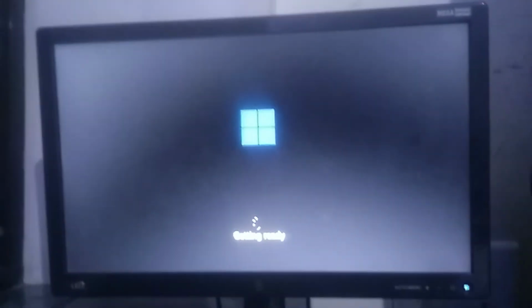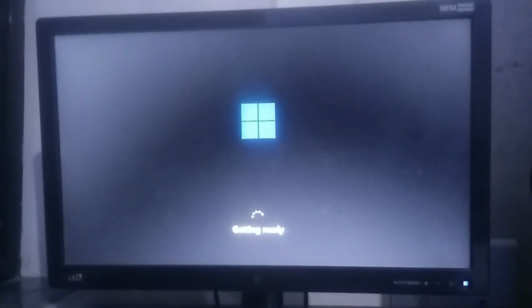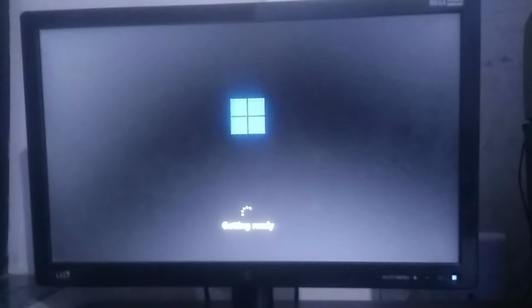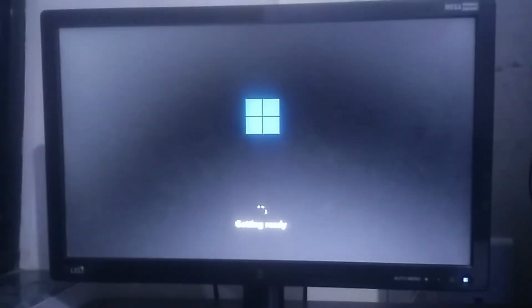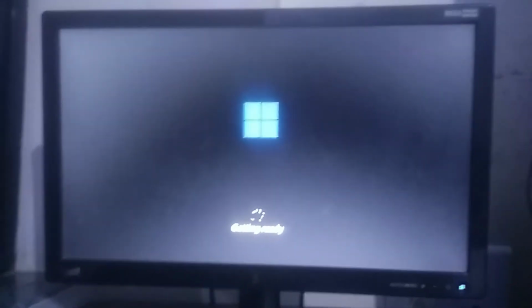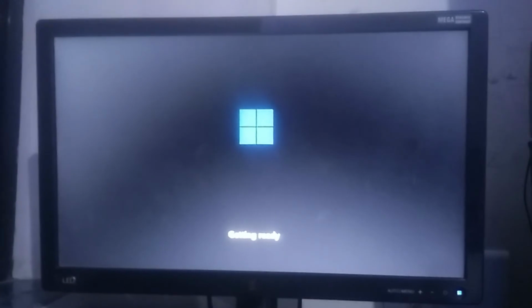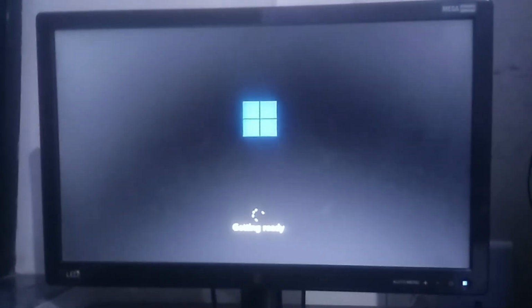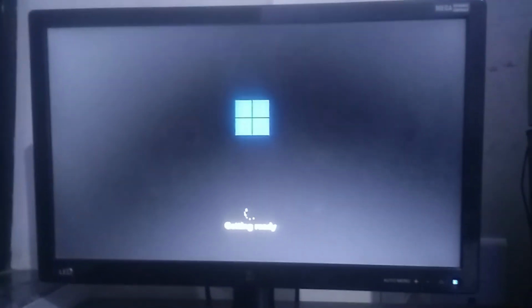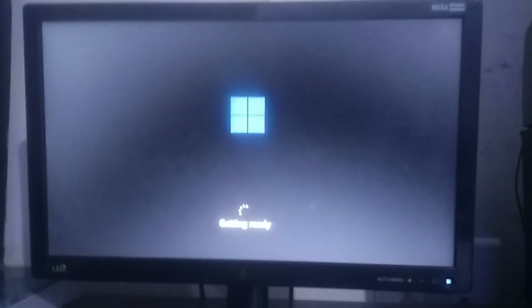And guys, this is the genuine version of Windows. I have downloaded and installed this Windows 11 from Microsoft. You have seen the earlier process that I have done, where I downloaded the ISO and installed it. I have shown you that method.